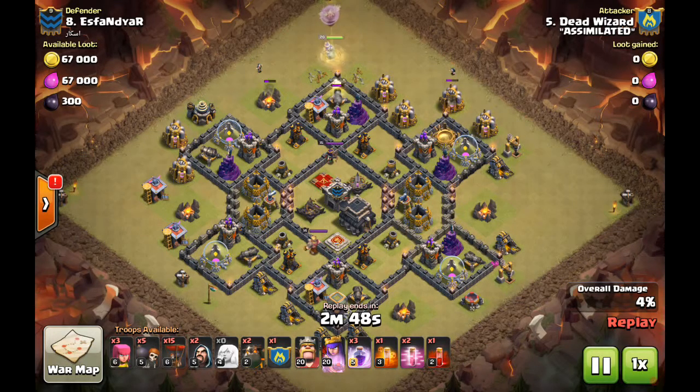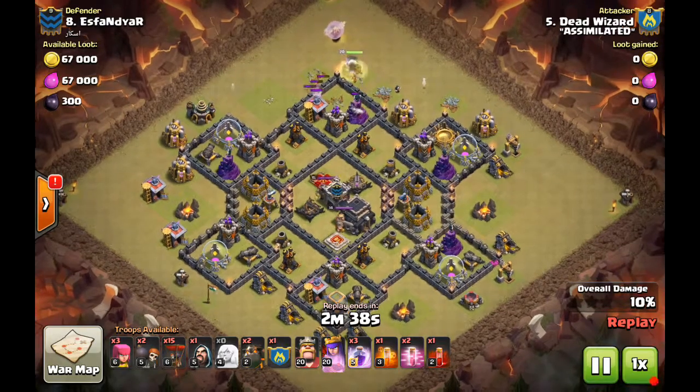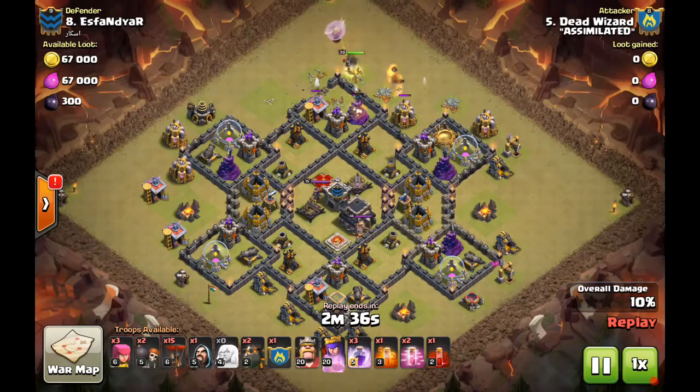Those rage spells are important because the Queen has to stay alive. She's got to, it's called a Queen Dive or Queen Charge for a reason. She's got to get deep into the base. She's got to go way in there. And so it's important to have enough rage spells to keep her alive as she's engaging the clan castle and